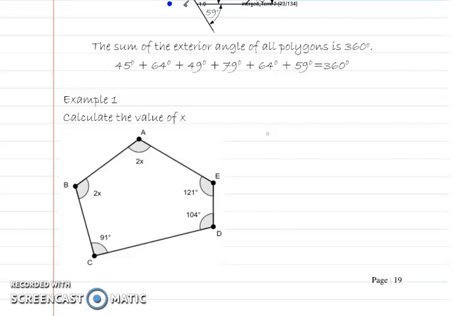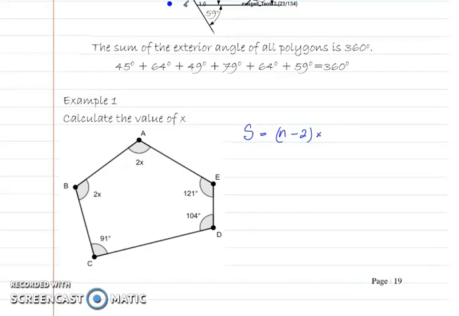Now, the sum of the interior angles of all polygons is given by the formula S is equal to n minus 2 multiplied by 180 degrees. So it's n minus 2 times 180 degrees. Now ABCDE is a pentagon. So because it's a pentagon, n, which is the number of sides, is equal to 5. And so S would be equal to